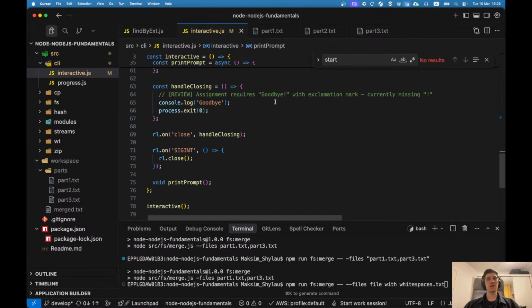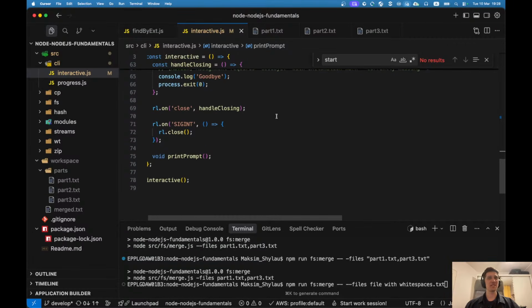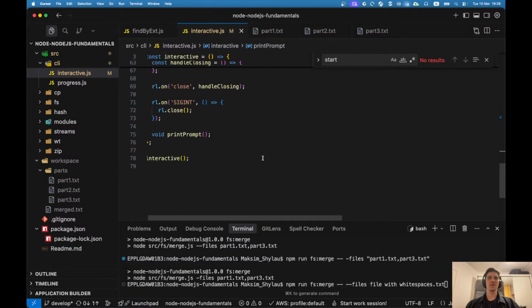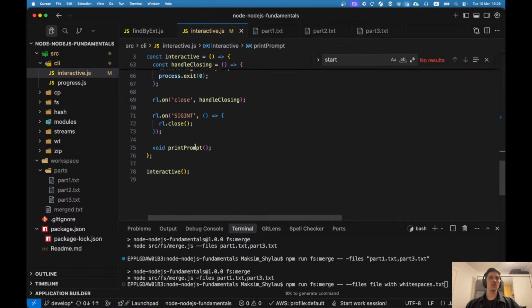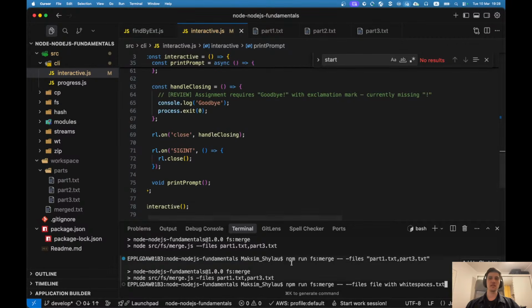Also, the assignment's "requires" is with an exclamation mark. Sorry, maybe I'm too specific, but the exclamation mark is missing. It's a minor thing, but please read it with attention. And it's also good that we handle the SIGINT signal, which means that if